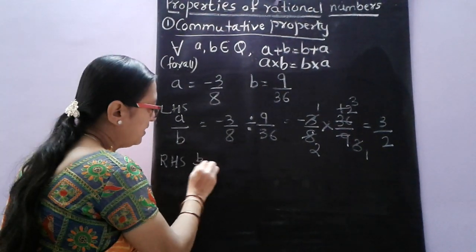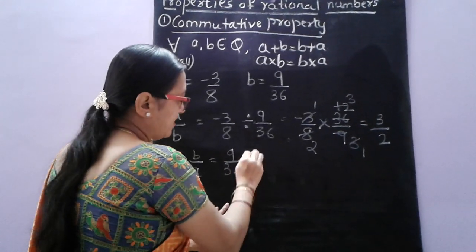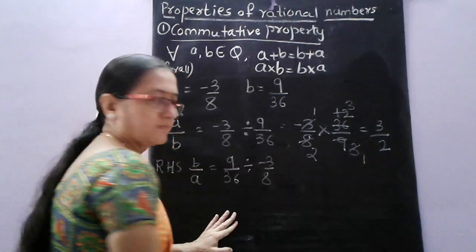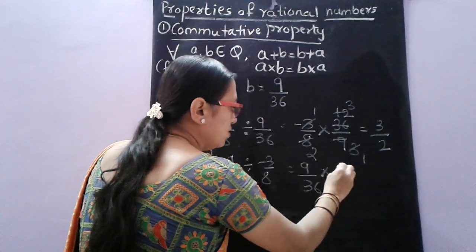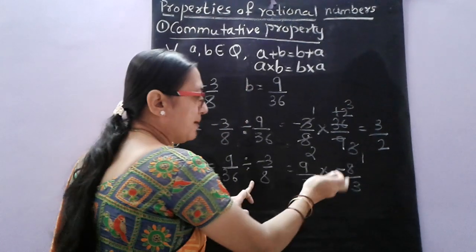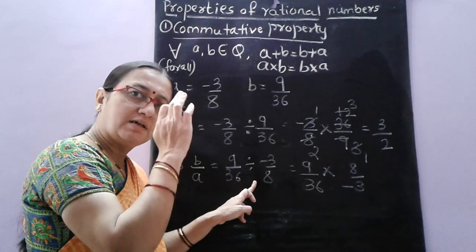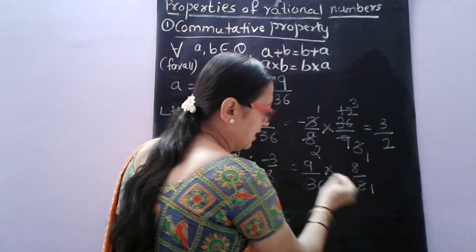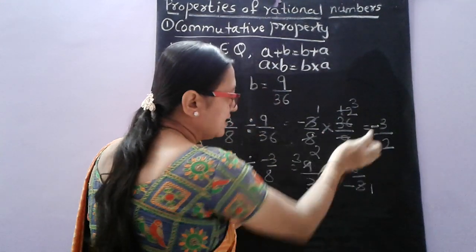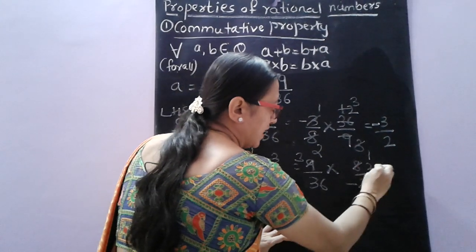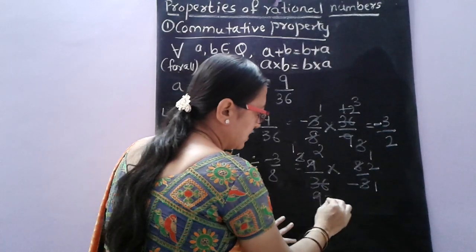Reverse this. It will be B by A. Okay. So first comes the second fraction now, divided by the first fraction. Now we have to reciprocal this fraction. Okay. This is 9 by 36 into minus 8 by 3 or 8 by minus 3. This minus 3, whether you take it for numerator or denominator, the whole fraction becomes negative only. Now 3 1s are 3, 3 3s are 9. Here one minus sign here of this. Then 4 2s are 8, 4 9s are 36. 3 1s are 3, 3 3s are 9.